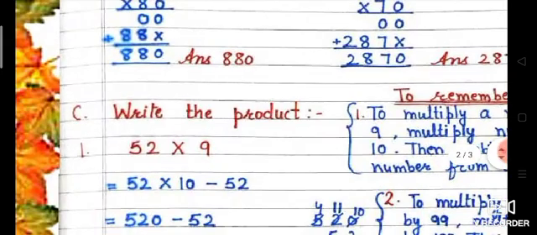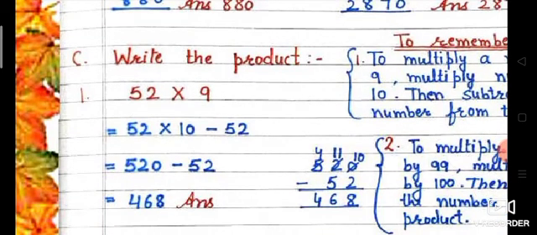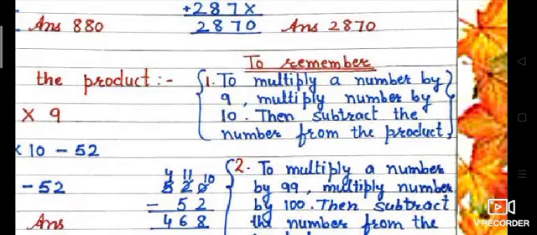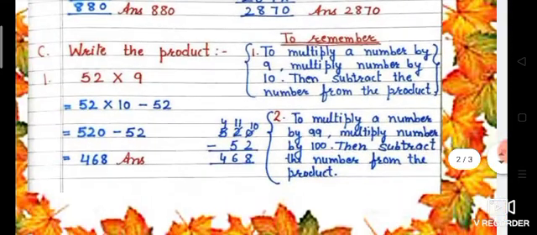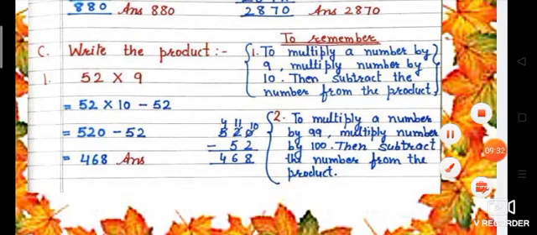Okay, so students, do practice for these multiplications. Second, now come to see part, write the product. Okay, these points are to remember. No need to write in notebook, only for remembering it, that which method we are following in this. Actually, C part is a little bit different. So here you have to multiply the numbers by 9, 99, 999. Like this numbers are given to you. So when numbers like this are coming, to make it easy, listen here, what are the points to remember?